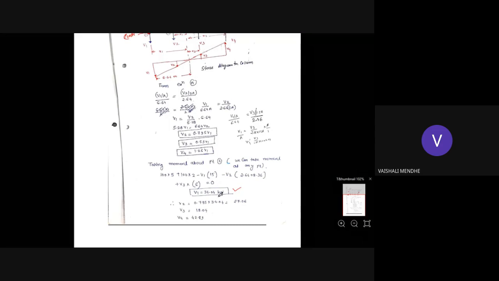कितना मिला, 34.04 for the lower story column. Then find out V2, V3 and V4 using this relation. Put the value of V1, you get V2 is 27.06, V3 is 18.04 and V4 is 42.89. Okay, so these are the axial forces in column 1, 2, 3 and 4 of lower story. Okay, similarly